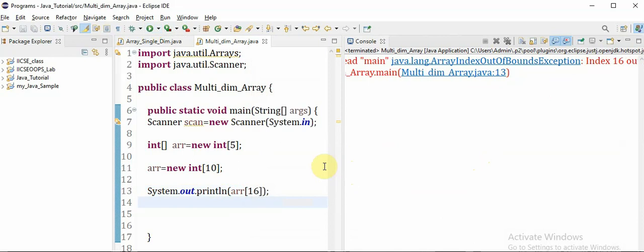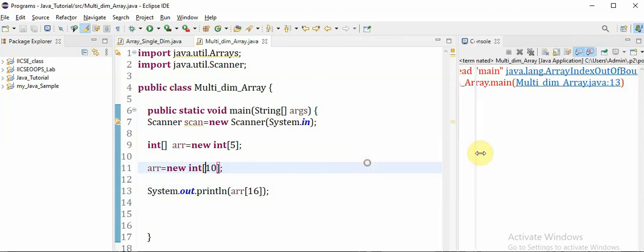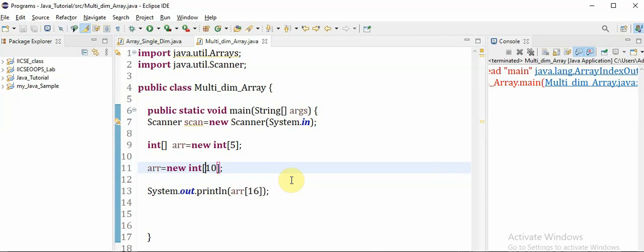What is the meaning of it? The array is exceeding its bound. Actually we said the array size is 10. First we said 5, later on we redefined it as 10. So in the code it is possible to change the size, but during the runtime I am trying to access the 16th element of the array, and there is no such element because the array size is only 10, 0 to 9, but I try to get the 16th one. So when we go out of bounds during the runtime, you will get an exception like array index out of bounds. So during the runtime we cannot change the size of an array, right?